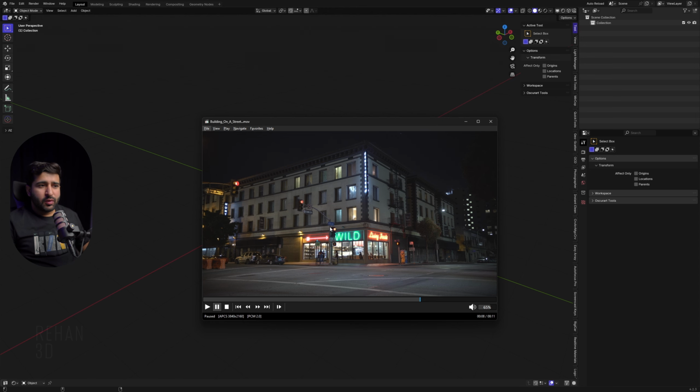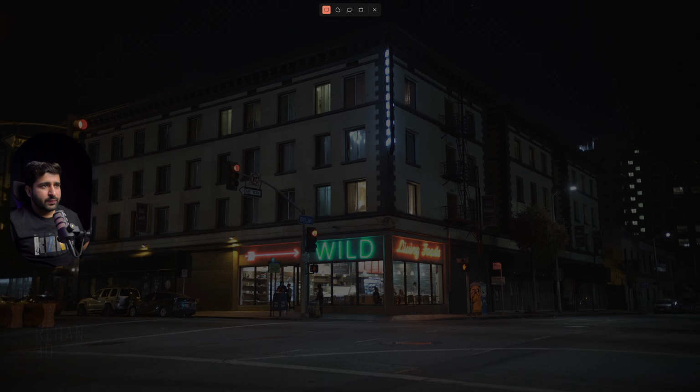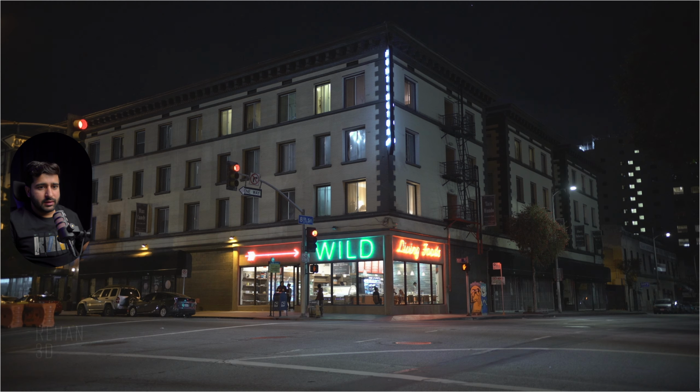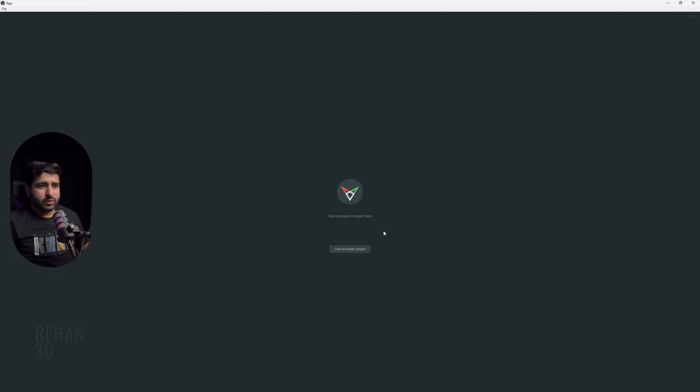Okay guys, here is our raw footage which we are using in this tutorial. So we need a screenshot of this video to get the camera orientation in SPY. I will simply take a screenshot, Shift Windows S, and just drag it like this and save it. After taking the screenshot, open the SPY add-on where we will get the camera orientation in Blender. So I will simply drag my screenshot into SPY.